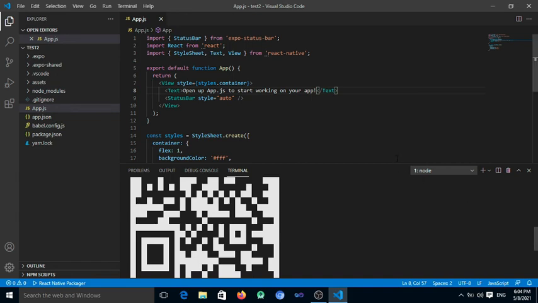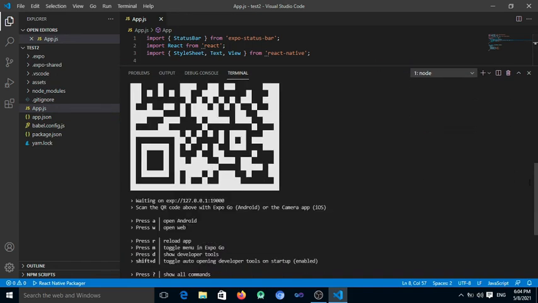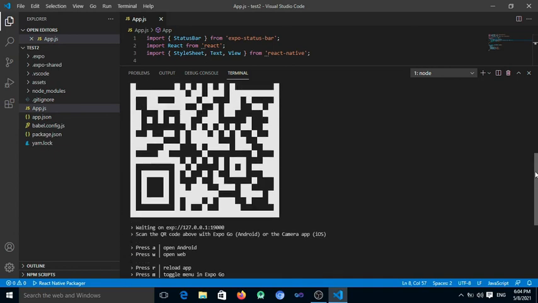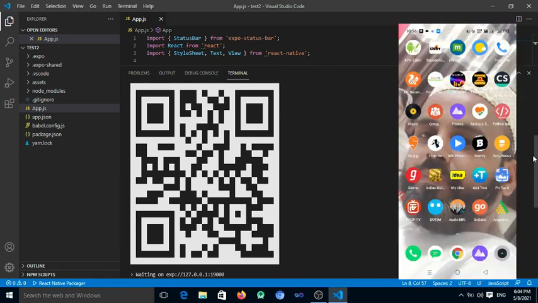See, it is a QR code. On your mobile device, scan this QR code using the Expo Go application. So first you download the Expo Go application on your mobile device. This is the icon of the Expo Go application. Then open the Expo Go application on your mobile.